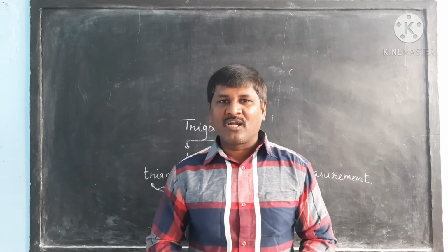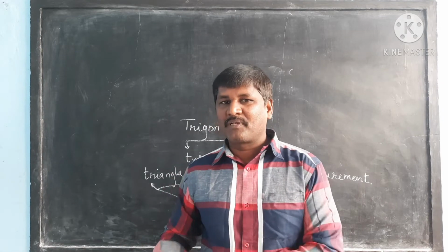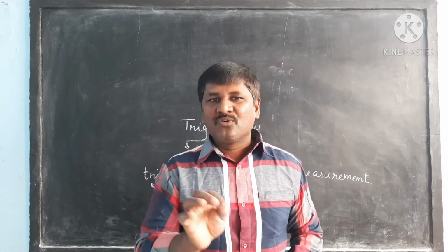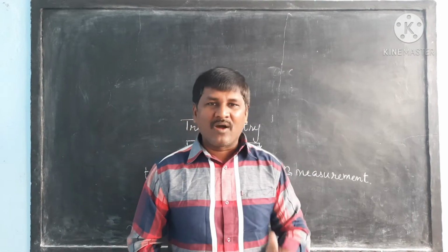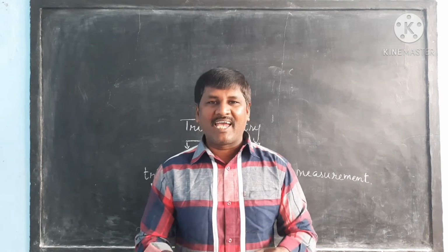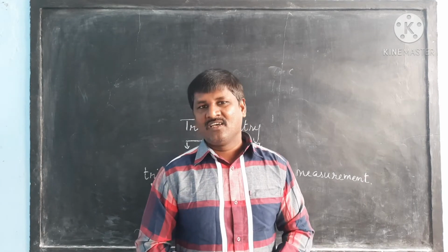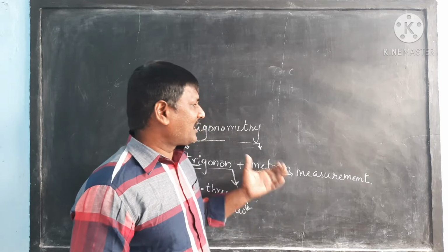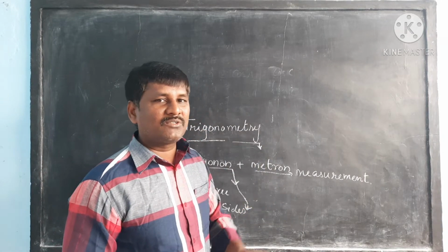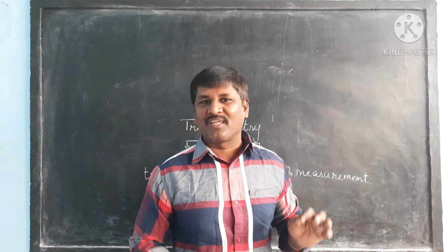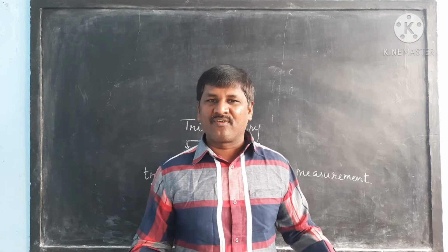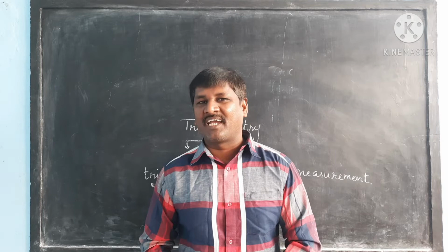You have to know what the measurable parts present in the triangle are. We know that there are 6 measurable parts in a triangle. What are to be measured? They are 3 angles and 3 sides. Thus, you can conclude that trigonometry is a branch of mathematics which deals with triangle measurements and shows the relationship between the angles and sides of triangles, especially in a right angle triangle.